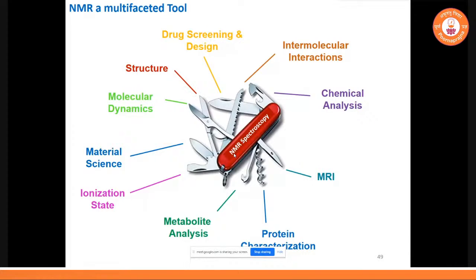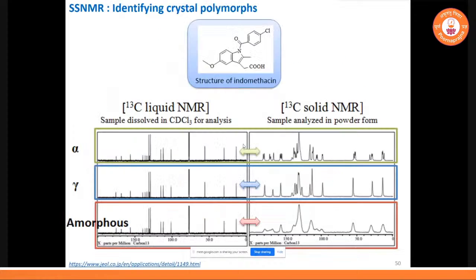That's why it is such a versatile technique. Any field you mention, you can find application of NMR. So we'll see some of the application here. So first we'll see polymorphism. So that's the application of solid state. Solid state NMR is very popular in the pharmaceutical industry because